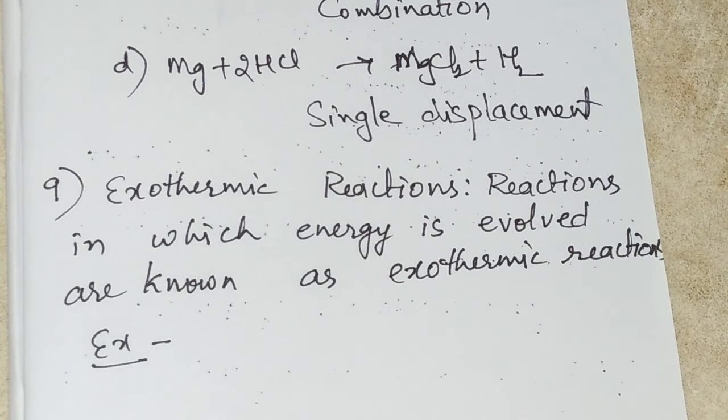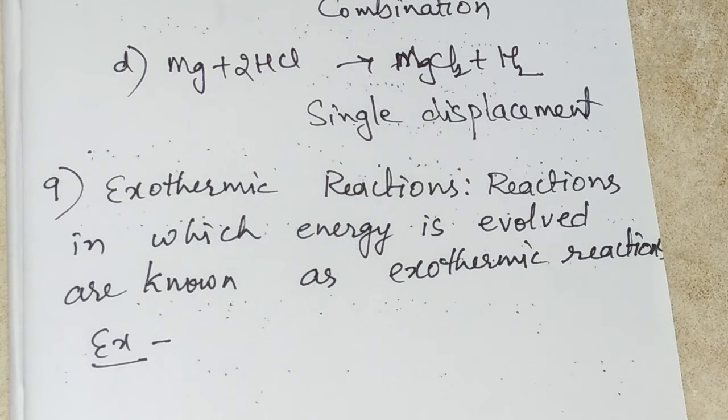So here we have the answer for our ninth question, exothermic reactions. What are these exothermic reactions? In this word, exothermic, two words are there actually, exo and thermic. Exo means evolving, thermic heat energy. Actually here along with heat energy, some other types of energies also may be produced like light energy and sound energy also. So we can give the definition for these exothermic reactions as reactions in which energy is evolved are known as exothermic reactions. Here, many of the combustion reactions are exothermic.